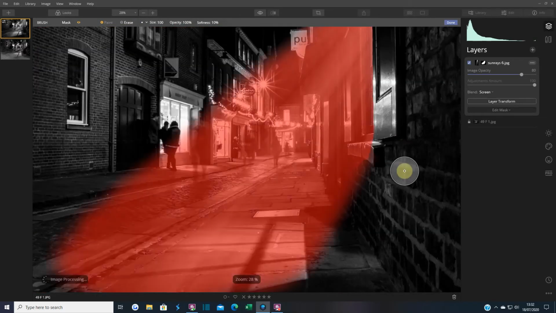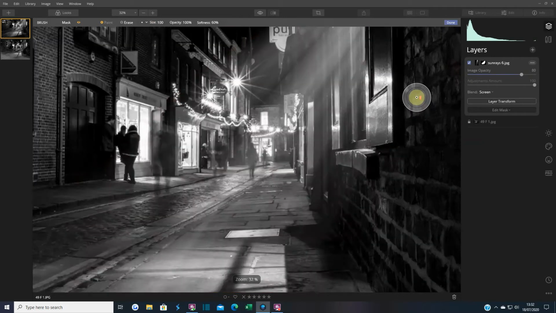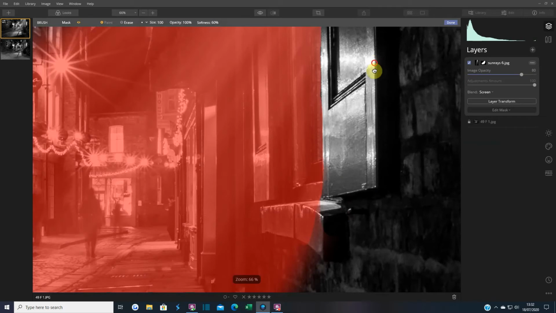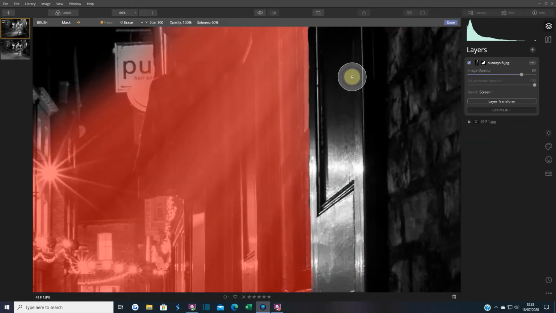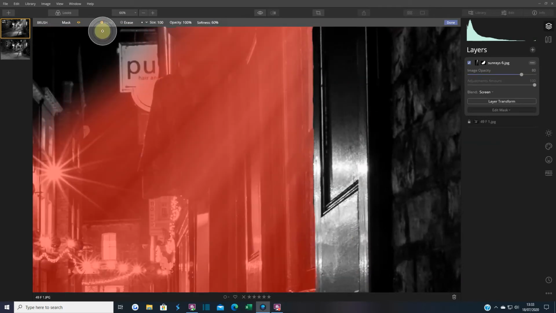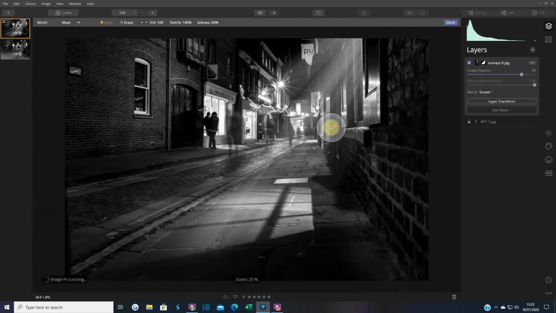Come back out, and I'm just going to put the smoothness back up to about 60, or how much feather I have, and I'm just going to run down there. Again, if you want to move around, you can do, just using the space. I think that line's okay. I'll turn that off, come back out,